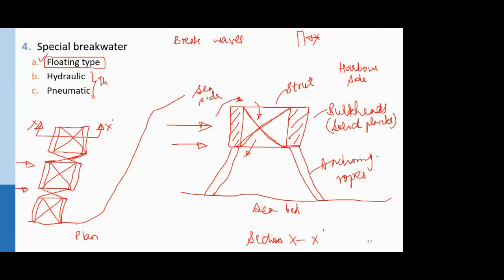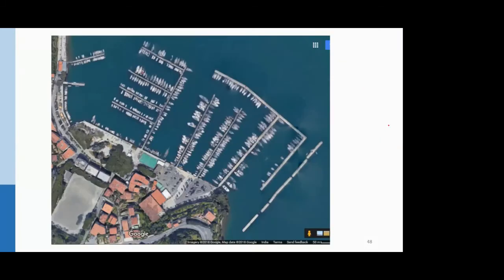But nowadays what is done is you have a concrete box which is a floating type. So in floating type itself, you have a concrete box breakwater which is floating in nature. Okay. Now you will say how concrete floats. So that concrete is not actually solid concrete. The lining is concrete, but the inner side, or inner volume, is kept hollow. Okay. So an example for that is the structure in the yellow color circle, what you see. So this is that floating type of breakwater that I am talking about.